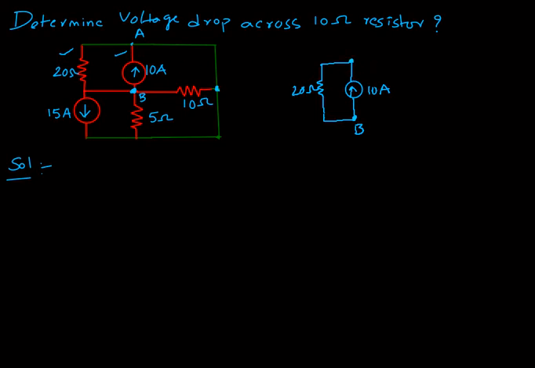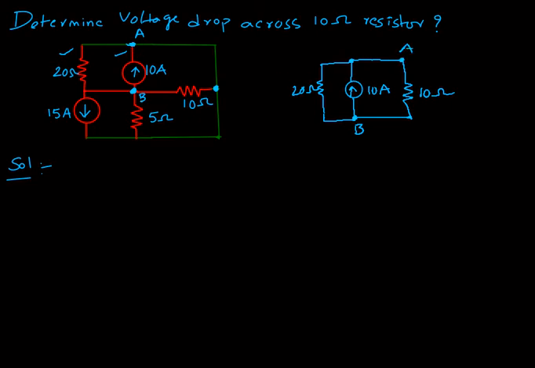If you see the circuit, between this point A and this point there is no other element, no resistive circuit or anything. So you can take another point here and draw a resistor over here and write it as 10 ohms, because one terminal of the 10 ohm resistor is connected to point B, and the other terminal is connected to node A.